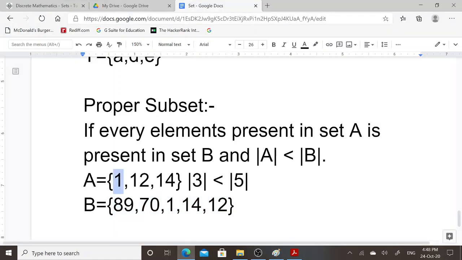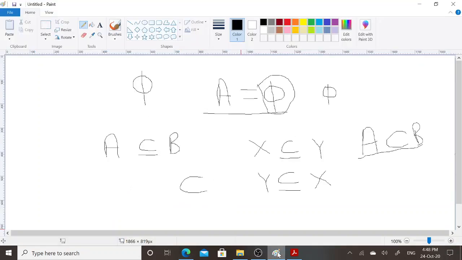If a particular element belongs to set A, then it is written using the symbol belongs to. This is the symbol of belongs to.